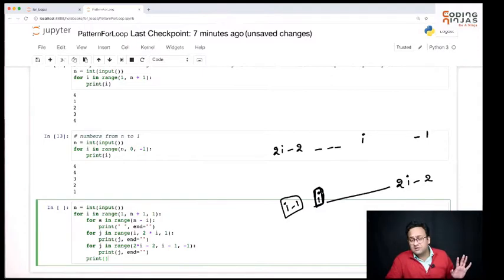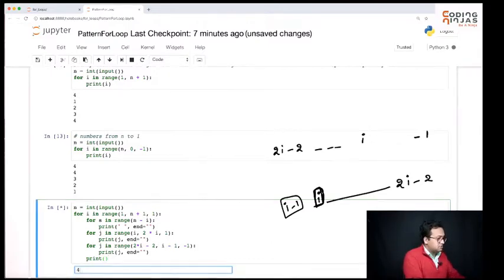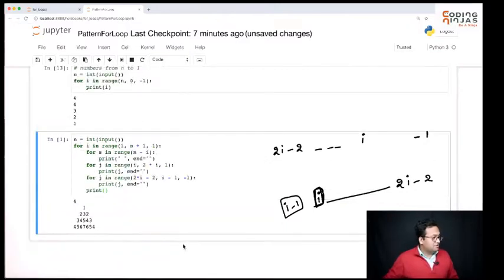You don't have to do i = i + 1. You don't have to do j = j + 1. You don't have to do any of that. All that is taken care of by range. And you have to be very careful while you are figuring out what values to give to the range method. Okay, let's run this. And it seems like that's absolutely correct.